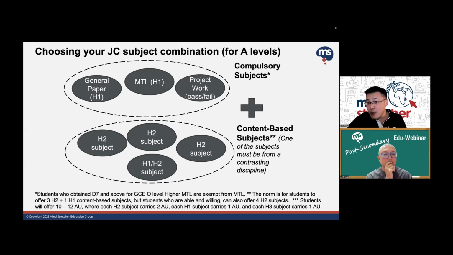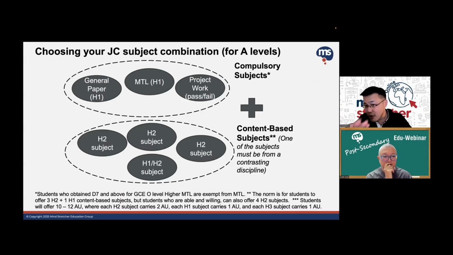And then project work. Project work is one of the key changes that has happened, like announced by MOE previously. In the past, project work was considered as what we call a H1 subject. That means people really put in the effort, try to do well for it because it's scored. But right now it's only pass fail, right? So pass fail means you either pass or you fail. But of course, you should pass it lah, right? There's no reason why you should be failing project work. But in that sense, it kind of takes away some of that extra effort that you have to put into that particular area of work, right? So that's the other thing to note. So that's a key change that has happened. Project work now is on a pass-fail basis. In the past, it used to be scorable, but now it's pass-fail.